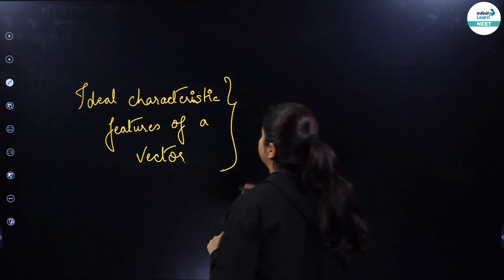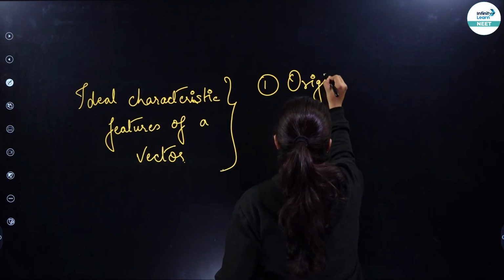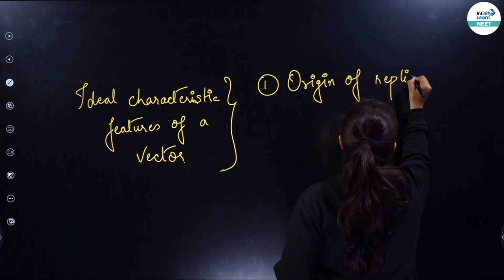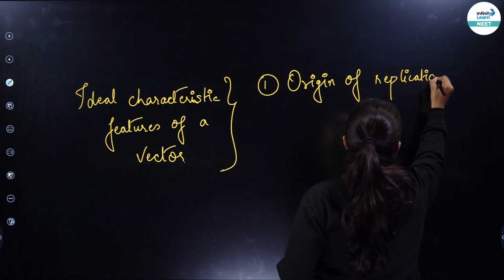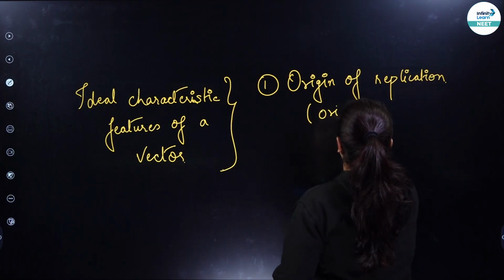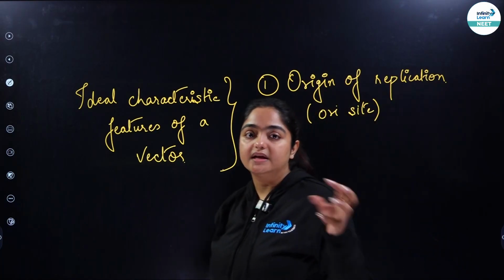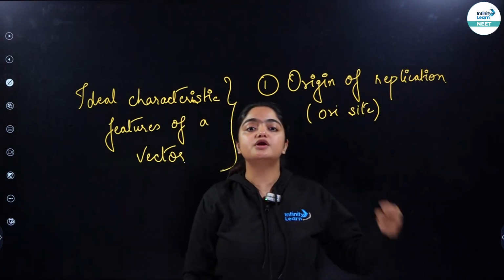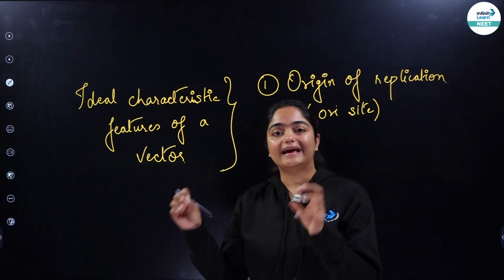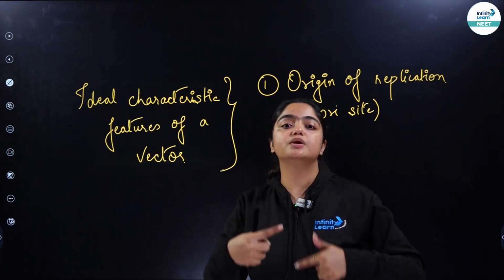The first one has to be the origin of replication, which we also call the ORI site. When I say origin of replication, it means that the initiation of the replication will start from this site. If the recombinant DNA or the alien piece of DNA is linked to this site, the replication will begin